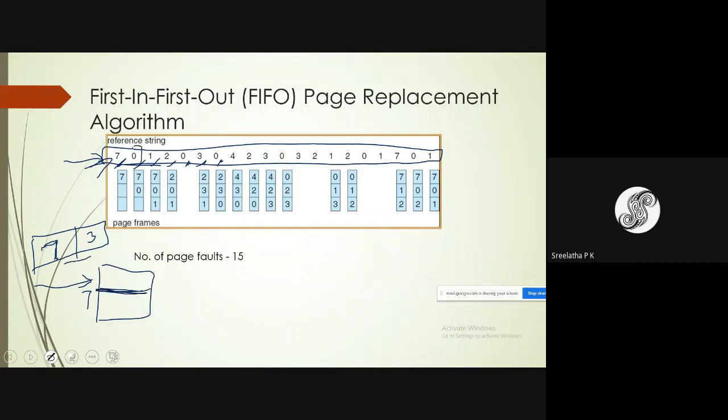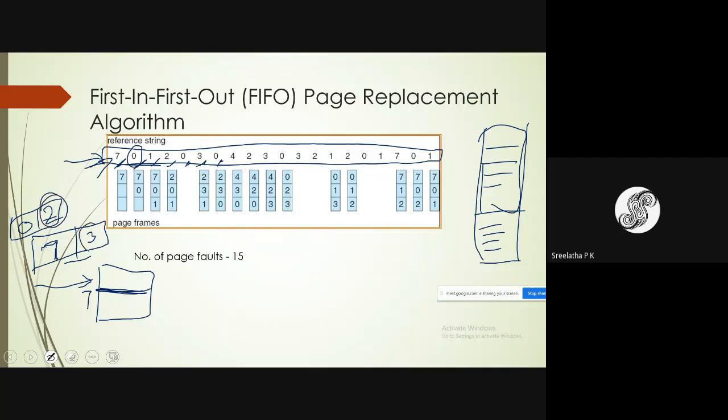Next is page number 0. The next instruction sent by the processor is in page number 0, with some offset, say 2. In a page there will be a number of instructions, so which instruction it is, at what displacement, is indicated by the offset.